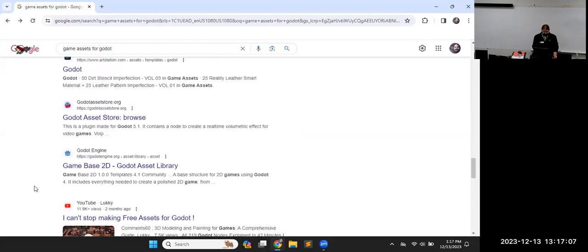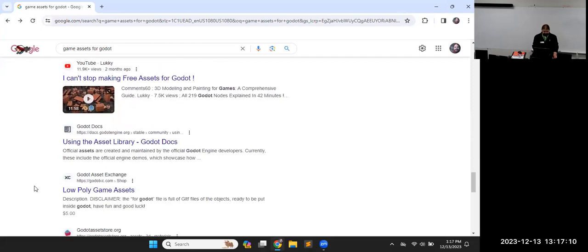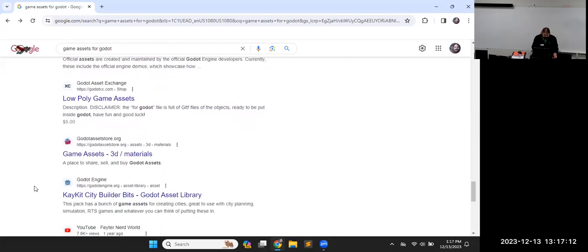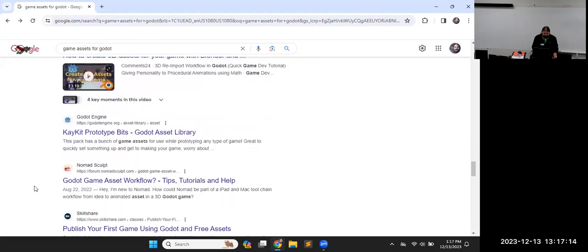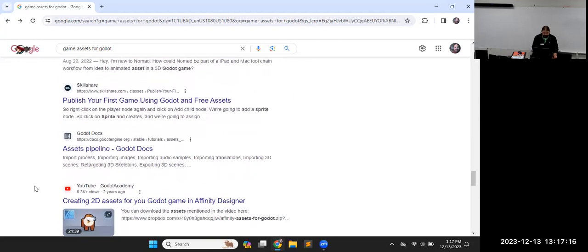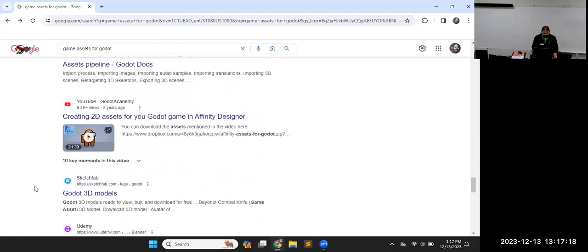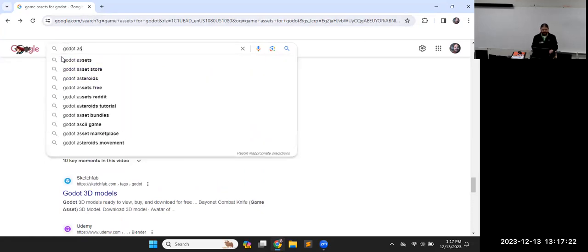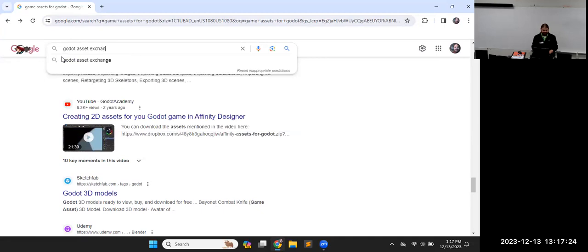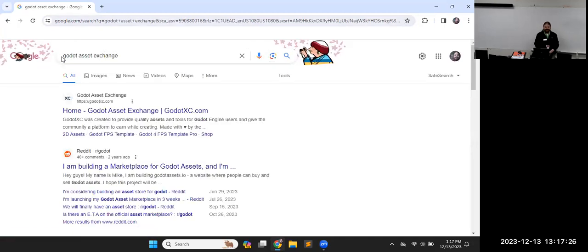Let's see, the search is not at the top of this. Sometimes this is the top of the search. It's the Godot Asset Exchange. Maybe I need to put that in explicitly. Yeah, I'll look for that. Godot Asset Exchange. This one was just created last summer, so it's fairly new, but it's being promoted more heavily,